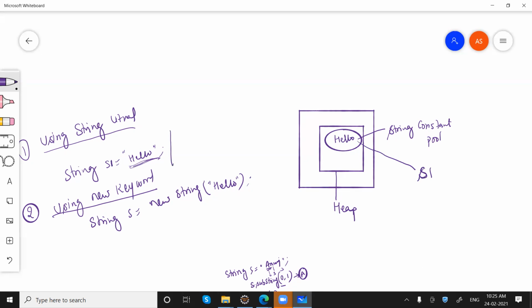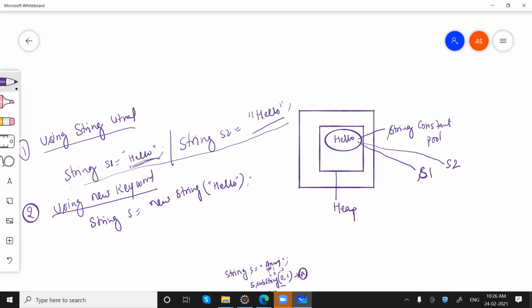Now let's say I'm saying again String S2 equals hello. Whenever I use a literal to create a string, it will go back and check if there is any string with the same content in the string constant pool. If yes, return the same reference. So S2 will be pointing to the same object or same reference, right? Getting my point? So both will have the same reference when we are using string literal.